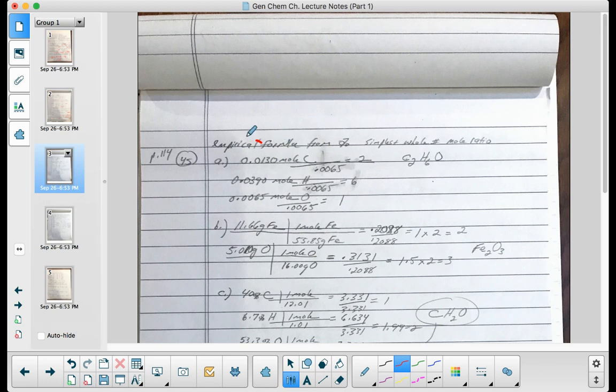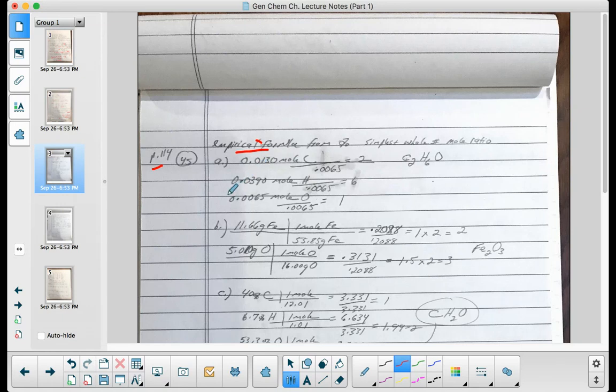Okay, back for part two. So I thought at this point it would be a good idea to do some of the calculations for empirical formula. I think it will help you with the homework problems as well as understanding the lab. So this is a problem from page 114 in your textbook, number 45. I can't remember if I assigned this one to you or not, but they're very similar problems if I didn't assign this one. So what we want to do is do some examples with calculating the empirical formula from